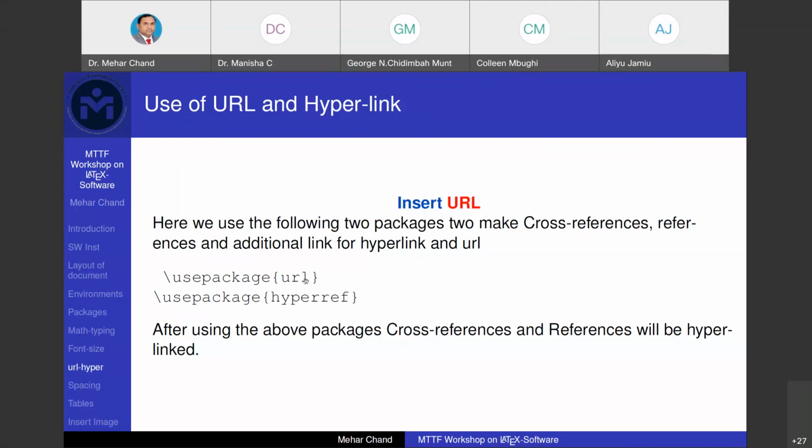These two packages should be inserted in the tex file, between the document class and begin document, because these two are used for cross references and references. This will be very helpful, and I will present some examples for these functions and how we can use them.